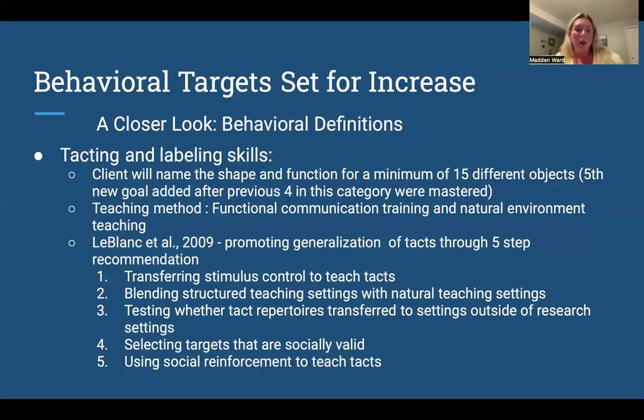And that was 1, transferring stimulus control to teach tacts; 2, blending structured teaching settings with natural teaching settings; 3, testing whether tact repertoire is transferred to settings outside of research settings; 4, selecting targets that are socially valid; and 5, using social reinforcement to teach tacts. These 5-step recommendations are all things that we use in our functional communication intervention.